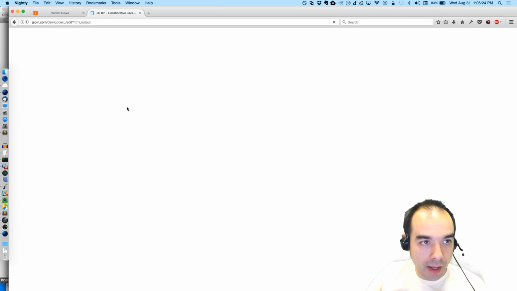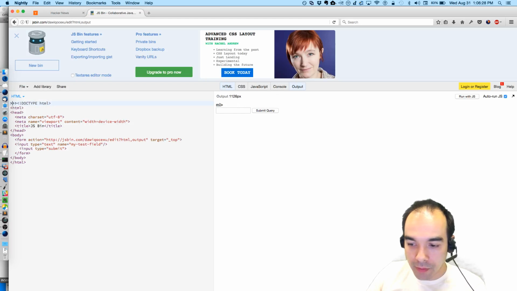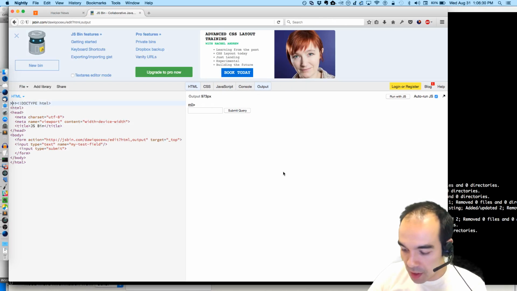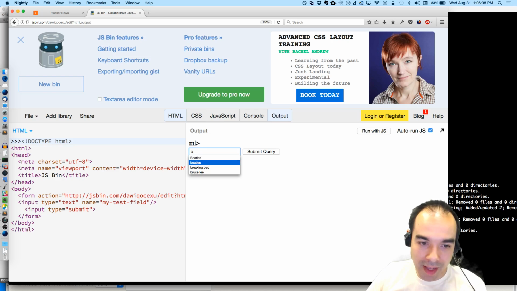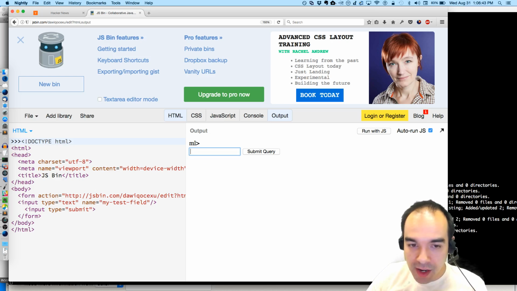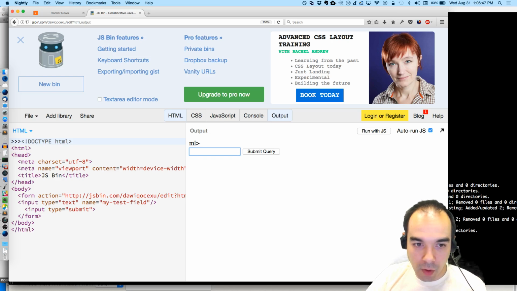So here I've got my JS Bin where I've got this form field and I've put some stuff into the form field in the past. I had entries: Beatles, Beatles with a capital B, Beatles with a lowercase b, Breaking Bad, and Bruce Lee. Those are the things I've put into this form input, and that's why it's getting form autocomplete.